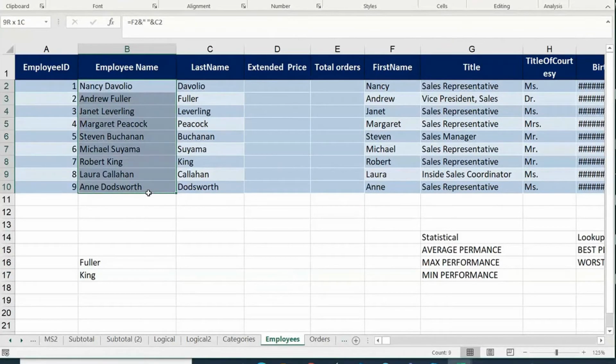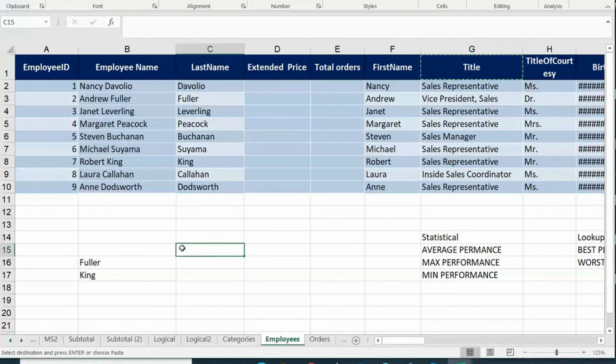So here I have got employee names in column B. Can you see this? Like Nancy, Andrew Fuller and all that. Imagine I just want to bring some information from this. Maybe I want to bring the title. What is this guy? Is he sales representative or sales manager or inside sales coordinator or vice president or whatever? Like this, I have imagined there is a huge data. But in my requirement, I don't have the full names. I just have the part. Like I have written here Fuller, right? There is a guy Andrew Fuller, but I don't know the name. Maybe I just know Andrew or I just know Fuller. So can we bring this kind of information through lookup? That is the question here.